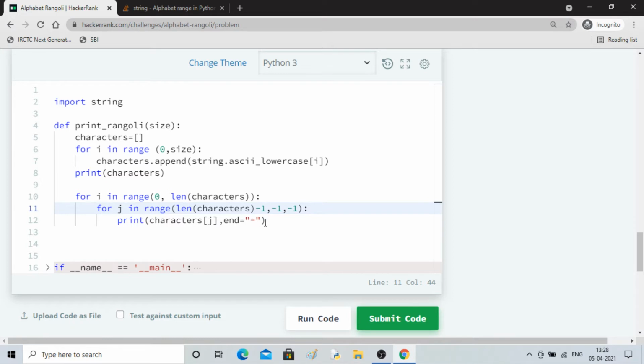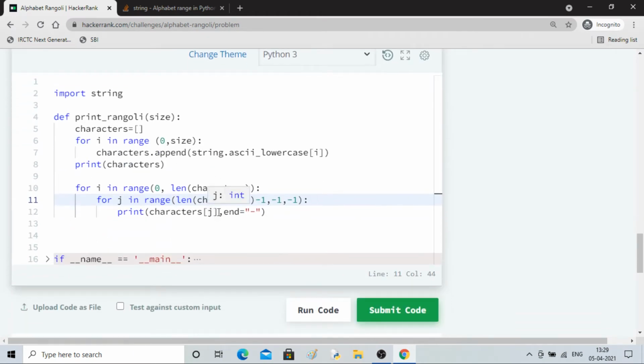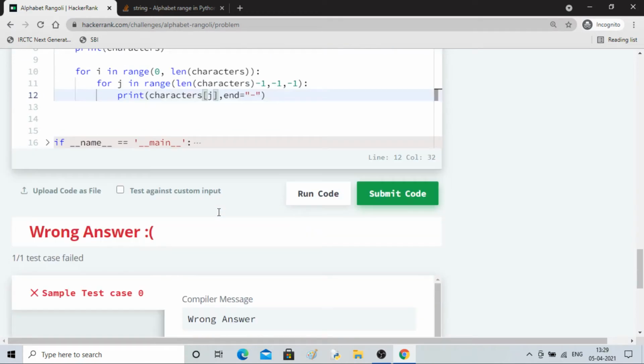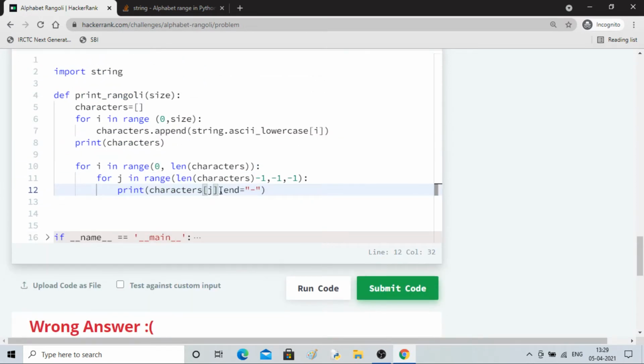So what we can do is decrement these. In the next line it will go, and J, what can I do? First I have to take care that it goes till A, then till B, till C, and likewise. J is printing the same every time, right?